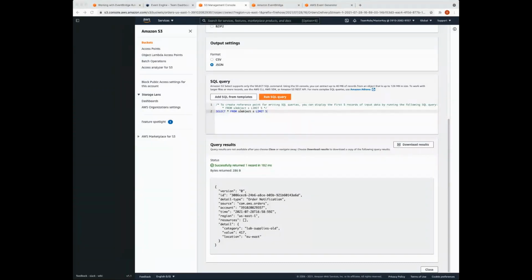Now we're going to implement an EventBridge rule to target the Step Functions service. The Step Functions service essentially functions as an orchestrator. You can use it to build workflows within a microservice. So once more, I'm going to head back to the EventBridge console.